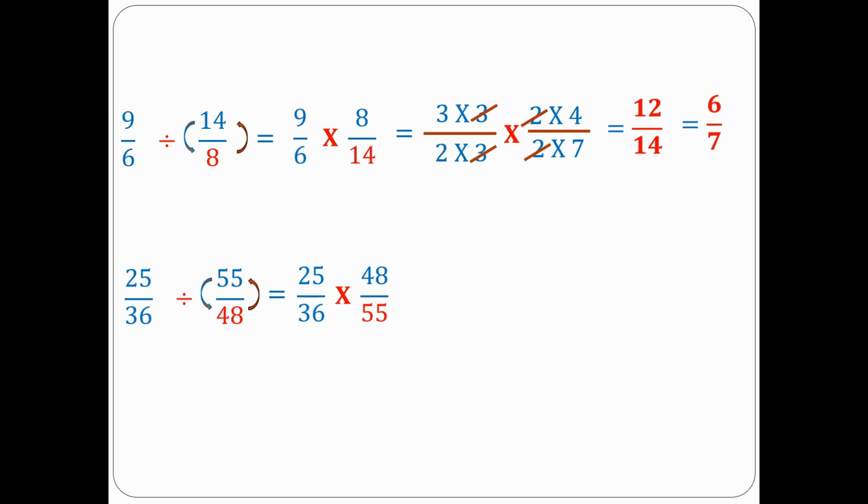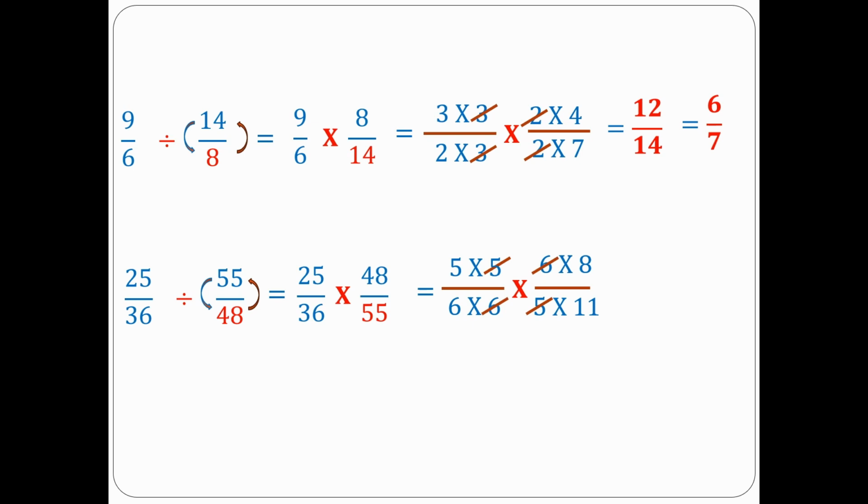Now to avoid multiplying large numbers, we will first break down the numbers into small values. So 25 will be broken down into 5 times 5, 36 into 6 times 6, 48 into 6 times 8, and 55 into 5 times 11. Now we can cancel 5 and we can